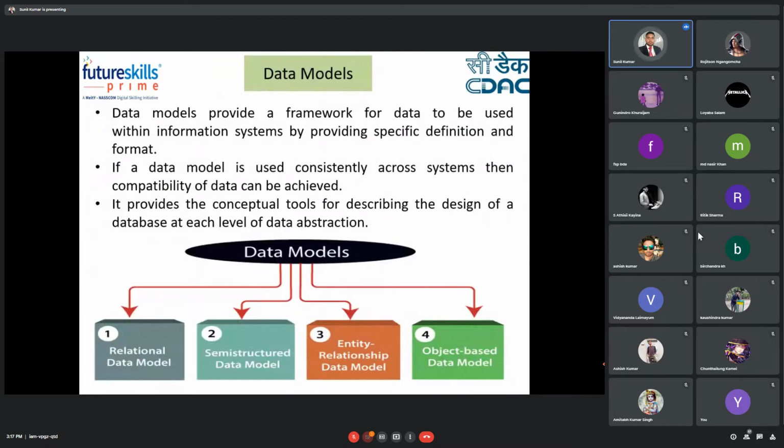Now, data models. Data models are important because we are now working in a multi-user